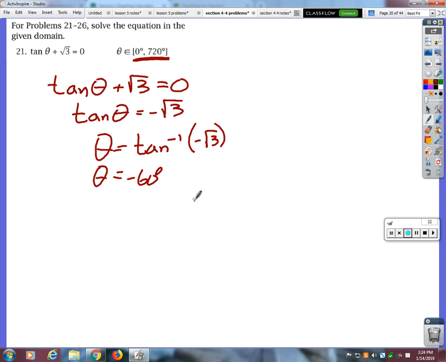I didn't put the 3 back over there. I subtracted it, and then I needed to get rid of the tangent. So to get rid of the tangent, I took the inverse tangent of both sides. So then those cancel. Okay? No, look in your notes. Right, for tangent it's plus 180. So negative 60, then I add 180 gives me